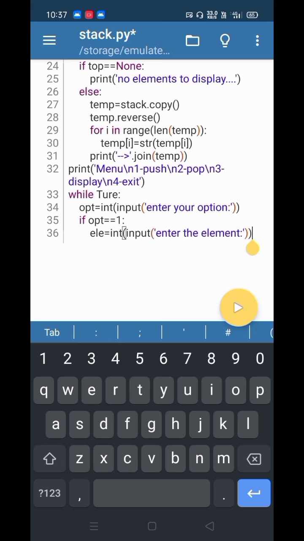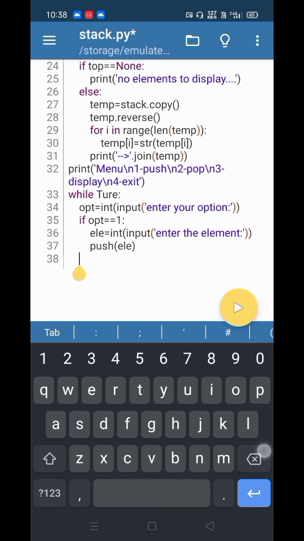Here you should pay attention that we are using only integers, we are not using any strings here. You should make small modifications to use it on strings also. Now I'll call the push function, push of ele.